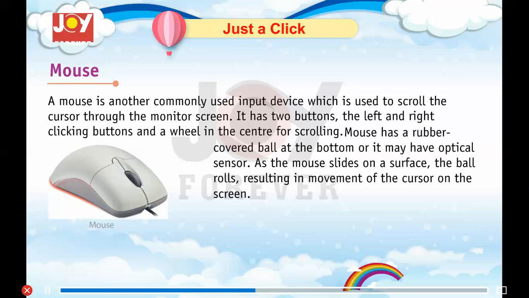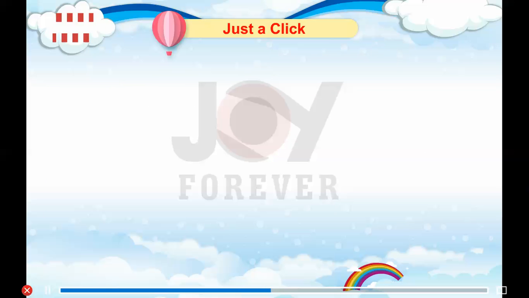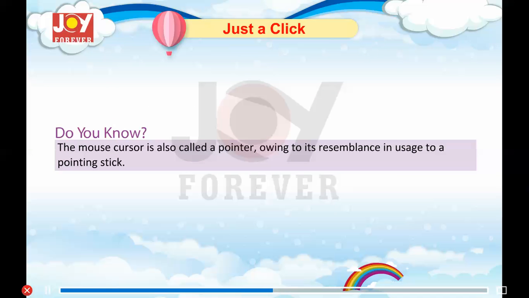A mouse has a rubber covered ball at the bottom, or it may have an optical sensor. As the mouse slides on the surface, the ball rolls, resulting in movement of the cursor on the screen. Do you know? The mouse cursor is also called a pointer, owing to its resemblance in usage to a pointing